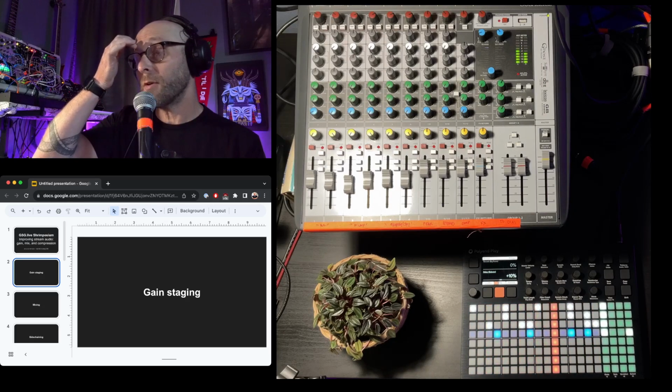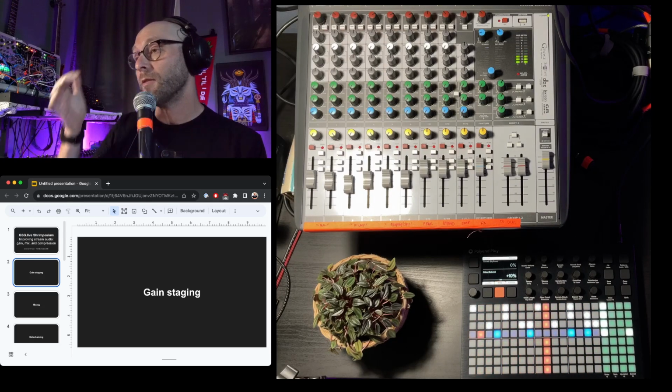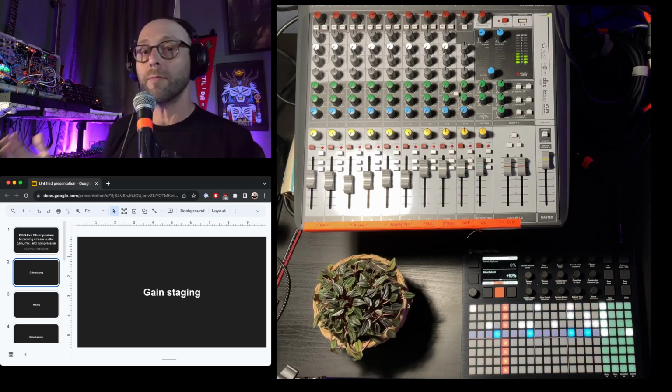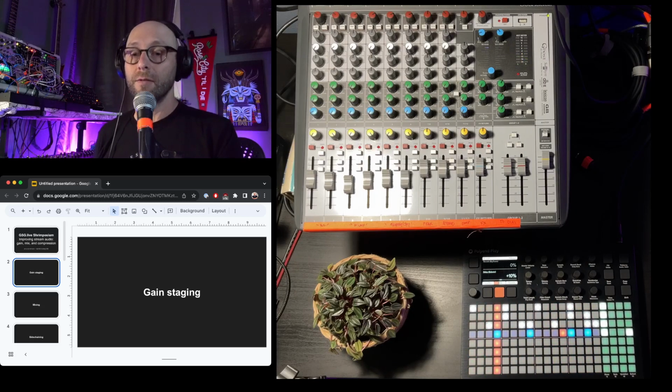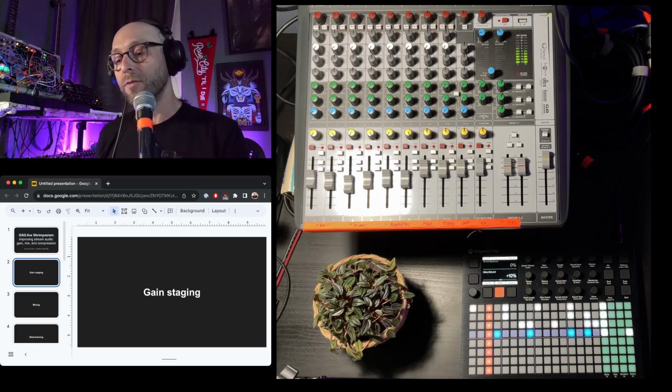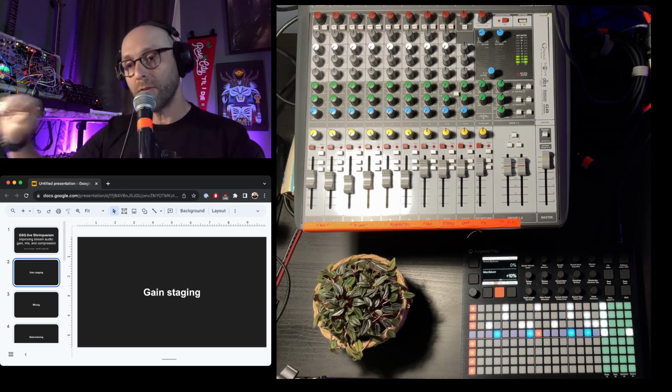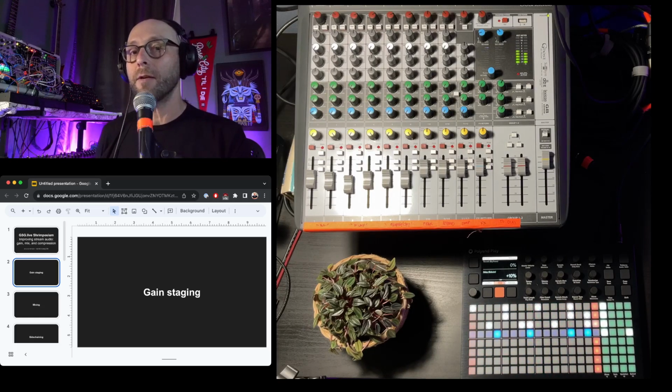And in general, we want each of the levels in our gain staging to have a little bit of room to move up and a little bit of room to move down. So we don't want everything to be completely maxed out. If so, you might have a more fundamental mismatch in the signal level. Like if your sound source is just simply not producing enough signal, and you have to turn that gain knob all the way up in order to hear anything, you probably want to troubleshoot that a little further and make sure